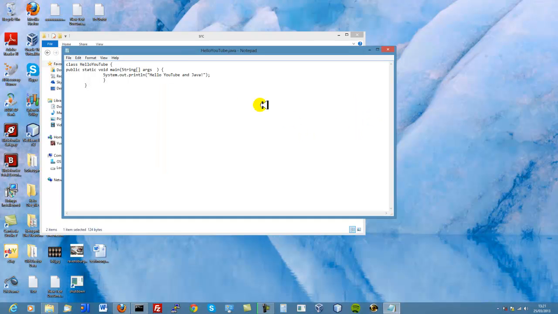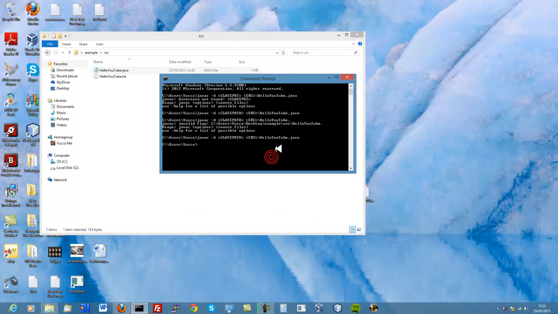The other thing I wish to show you is that when we have errors in our code, as opposed to using an integrated development environment, the process of fixing these errors is a lot more tedious than when we use an integrated development environment. So what I'm doing here is I'm purposefully including an error, like in the previous example. I'm removing an identifier here, and each time that we modify our source code file using a text editor or the methodology I've been using thus far,